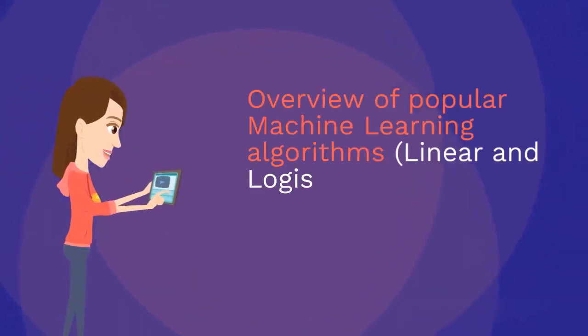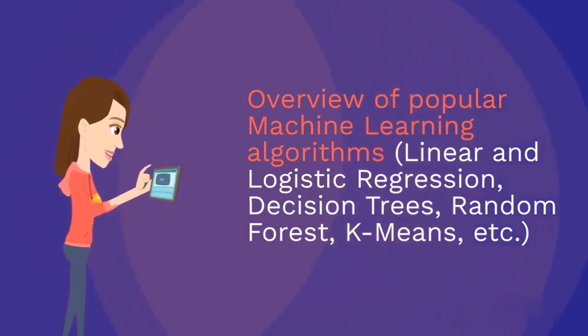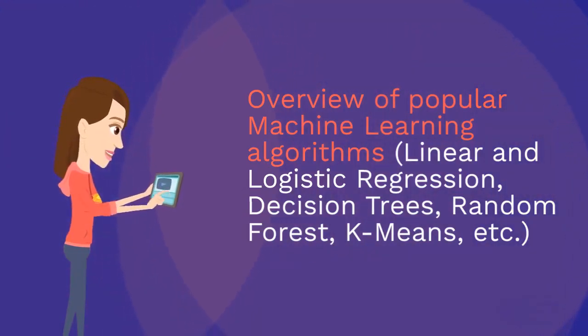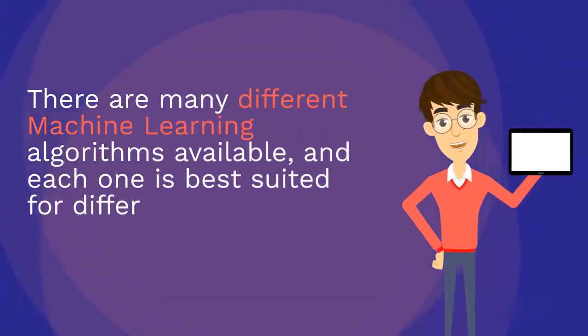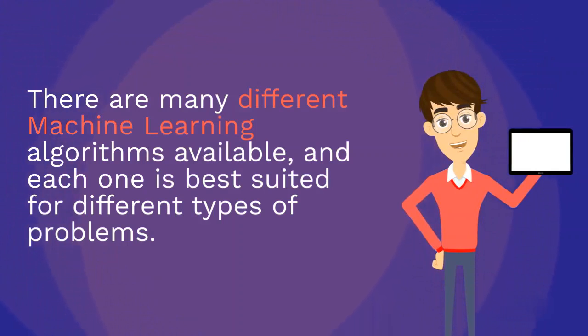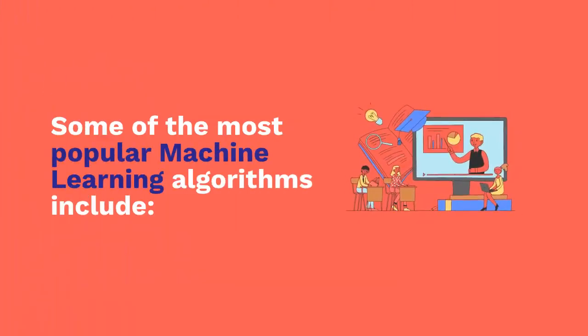Overview of popular machine learning algorithms: linear and logistic regression, decision trees, random forest, k-means, etc. There are many different machine learning algorithms available, and each one is best suited for different types of problems. Some of the most popular machine learning algorithms include